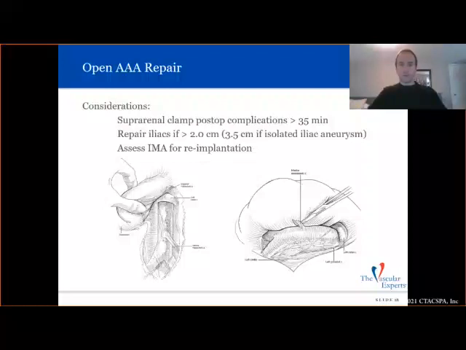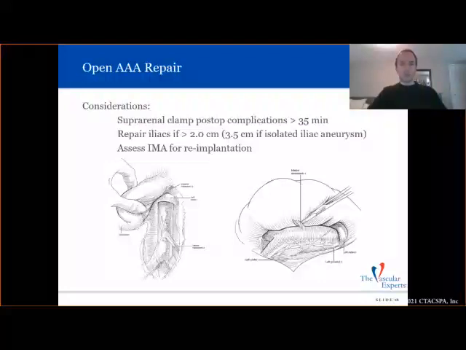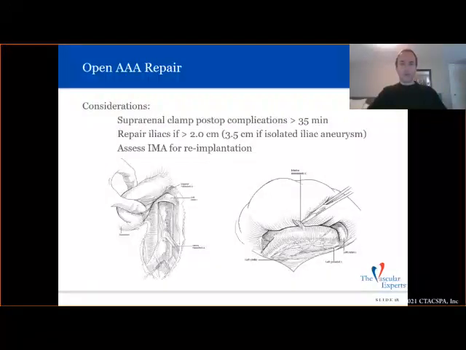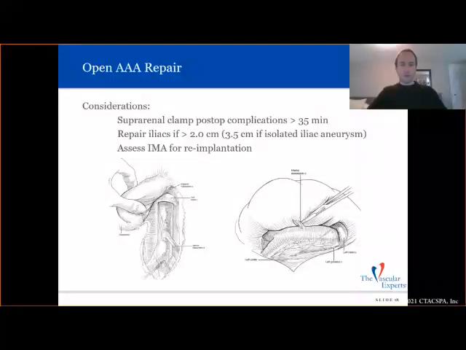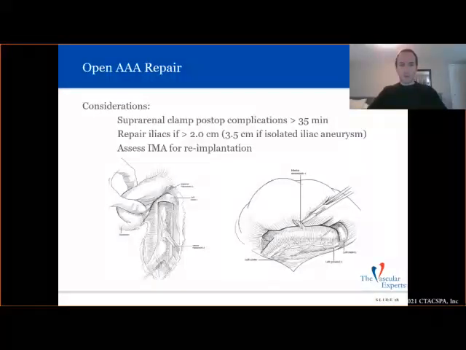Supraceliac also carries a high risk of death and organ malperfusion. And then repairing the iliacs if there are aneurysms there. And you can just see here this surgeon is delicately moving the duodenum off of the aorta between his two fingers, but in reality it's pretty rough on the surrounding abdominal organs, and so there are a lot of outcomes and complications that we'll go over related to the surrounding surgery, not just the exposure of the